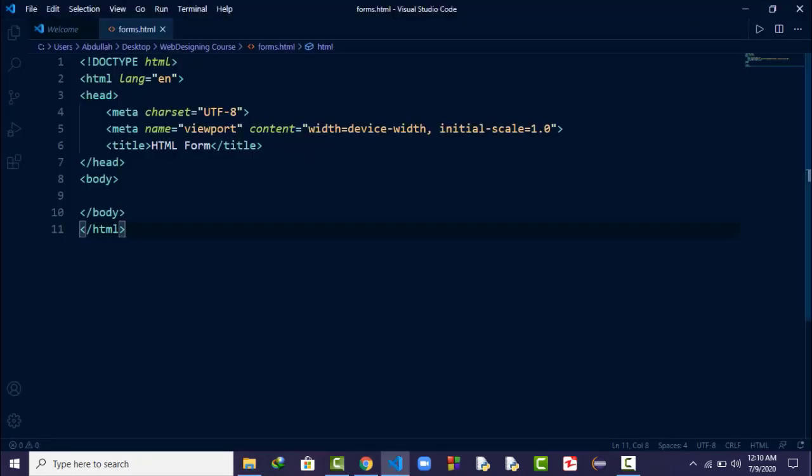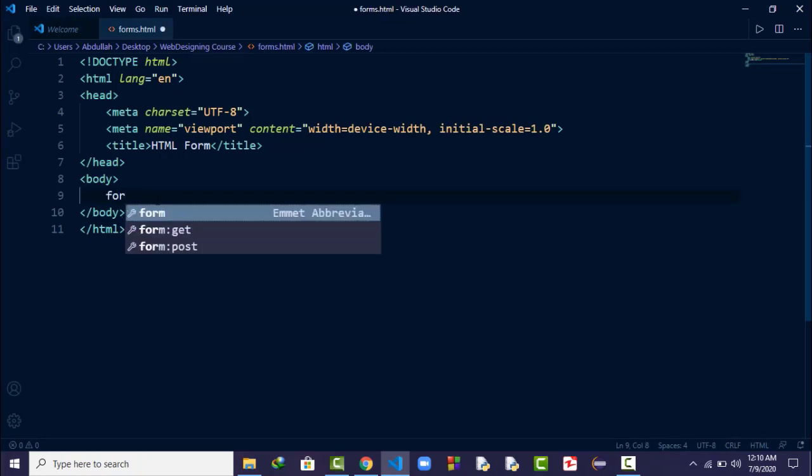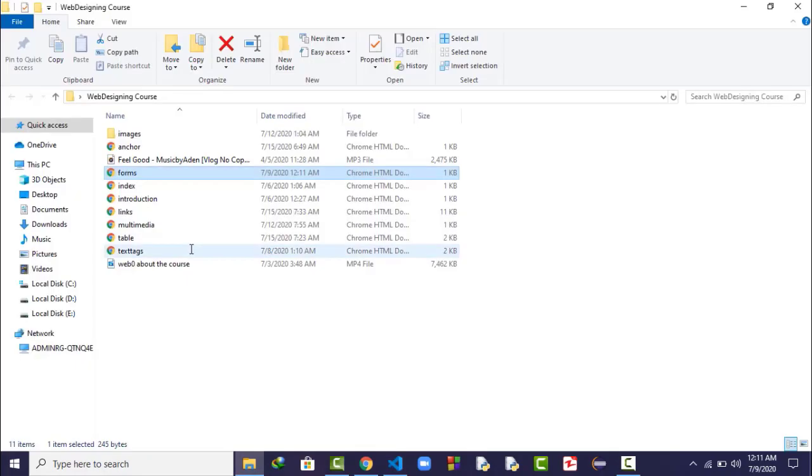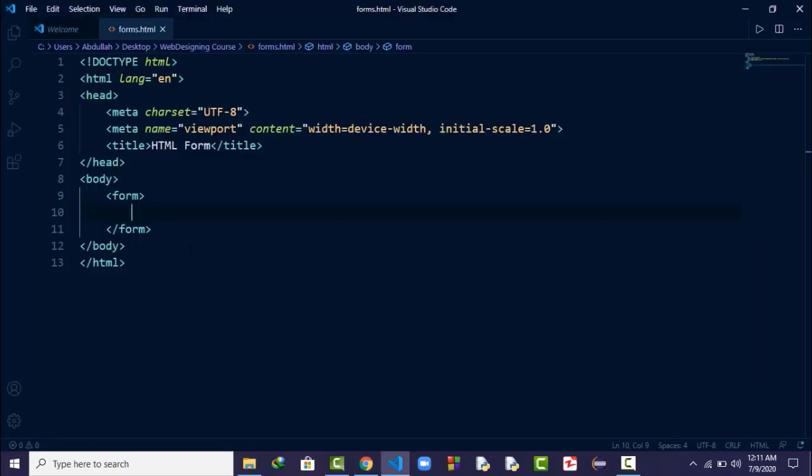Now let's start creating form. So to create a form, we have a tag called form. So if you type form there and hit enter, you will get the form. So there is an attribute called action. We will talk about it later. For now, we just focus on the simple form. Now we are inside the form. Now if I save this file and go back in the browser, if I refresh it, you will not see anything, because now we just mention a form tag. We haven't created any field in the form. Now let's start creating the form fields.